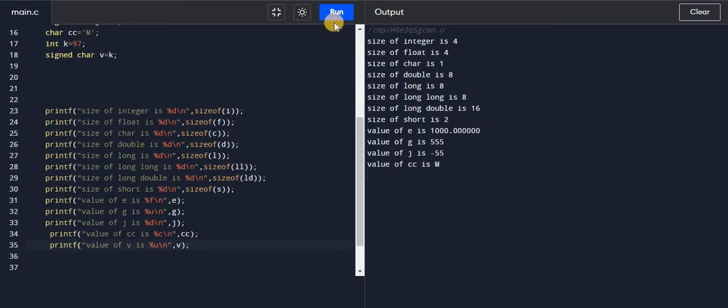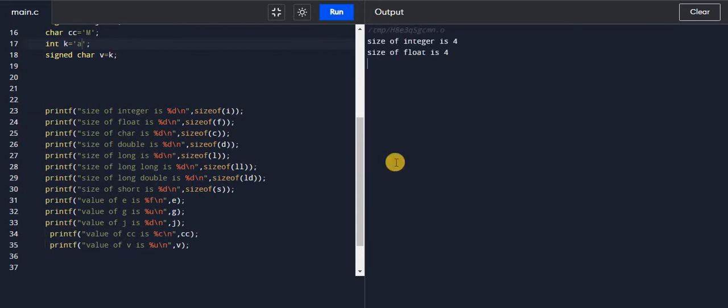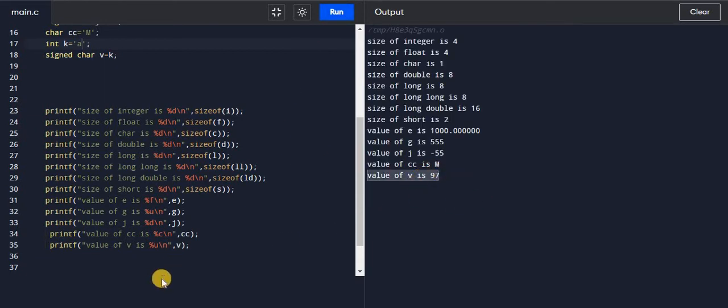Now if I run this, you will get a value of v is 97, because we have given k equal to 97 and k is assigned to variable v, so the value of v is 97. But if I give a as a character value to k, what will be the answer? Now it is giving 97, the ASCII value of a.